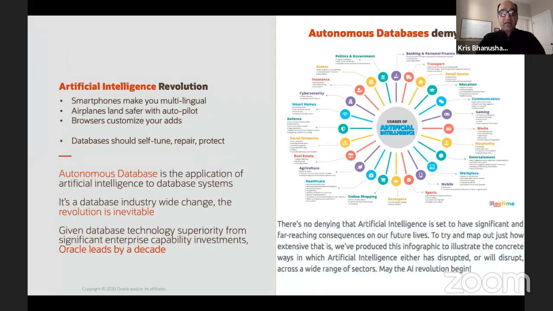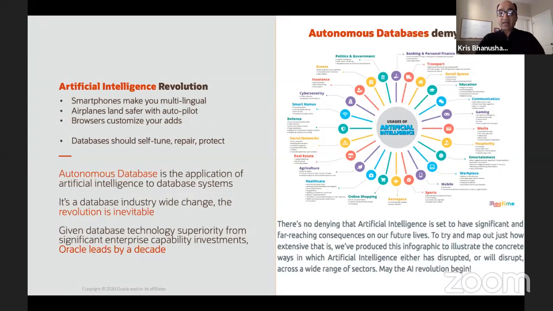Now, I think everybody on the call here is familiar with AI, understands the impact of AI. And if you take a moment to absorb all the different areas where artificial intelligence and machine learning has impacted our lives today, it's phenomenal.